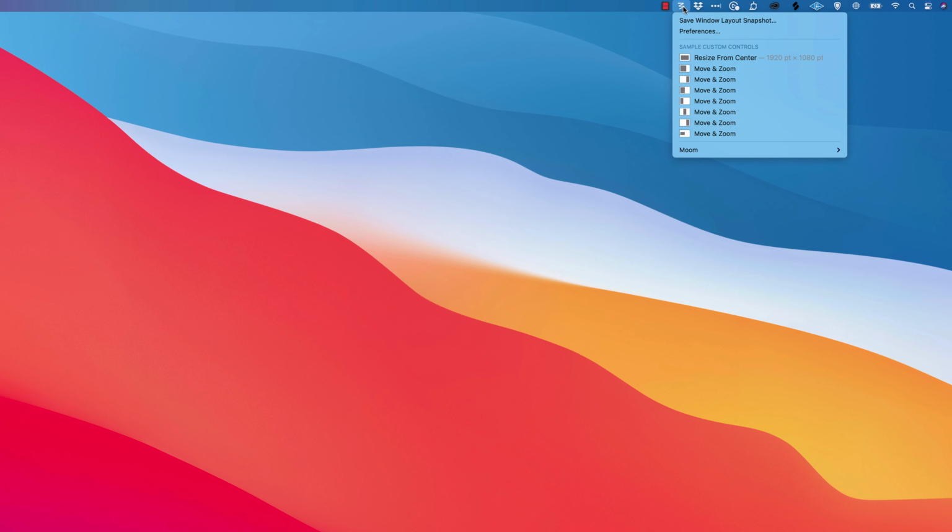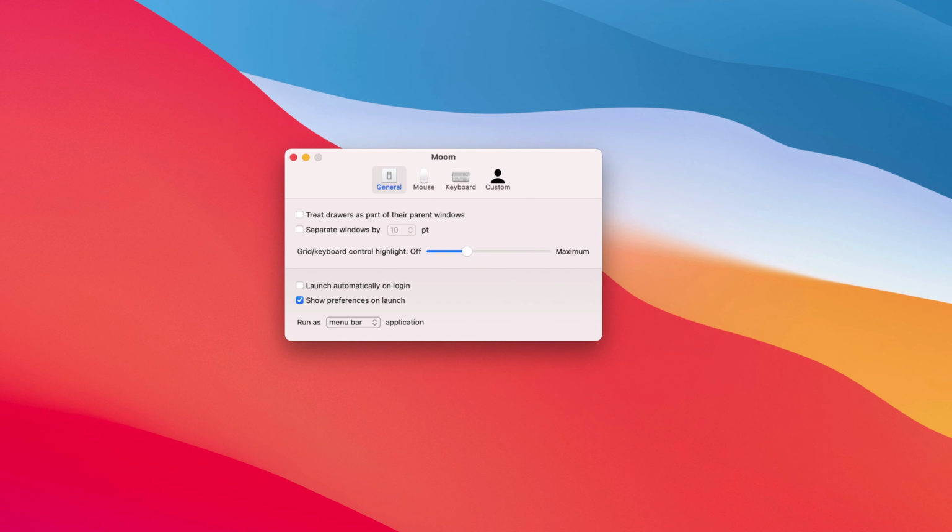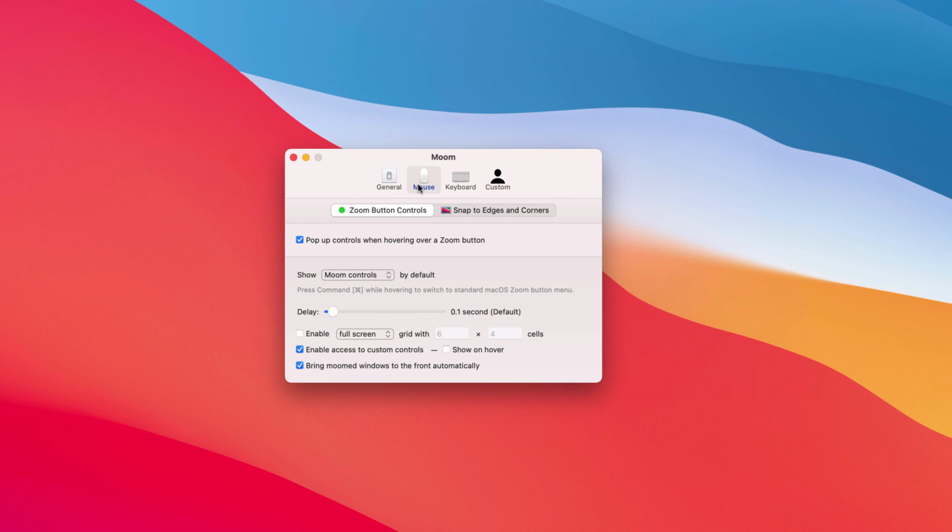Once Moom is installed, you can choose to use it as a dock-based app, as an icon in the menu bar, which is the way that I use it, or as an entirely invisible app working in the background of your computer. By heading into the app itself, you can choose to get into some customization options, which I'll show you in just a moment. But I've found that if you simply select certain options within the app itself, you can save yourself a lot of time and use the app in a number of really effective ways.